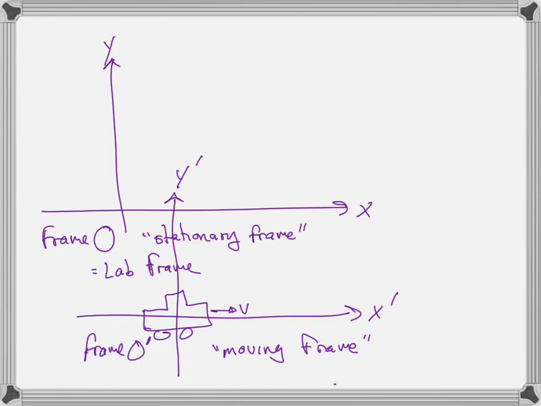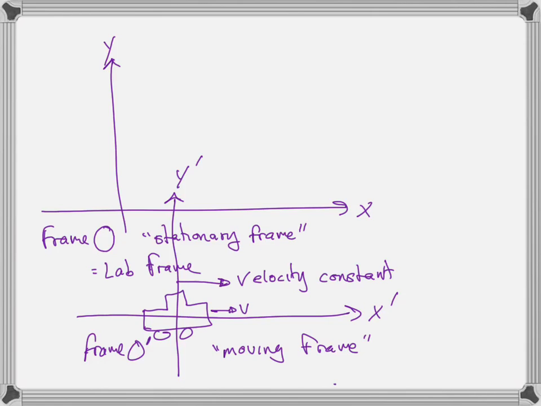We're going to assume that O prime is moving relative to O at a speed v. At a velocity v. Constant velocity v, because it's an inertial frame. It must be moving at constant velocity v. So this is just our notation. We have two frames, doesn't matter which one we call stationary, and one is moving at constant velocity v relative to the other.